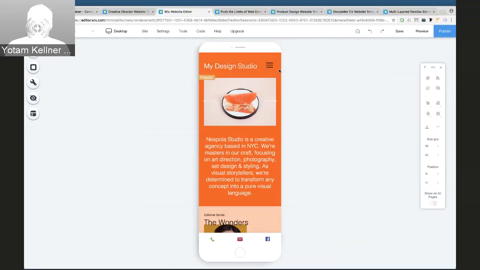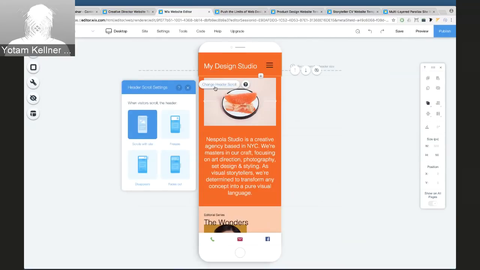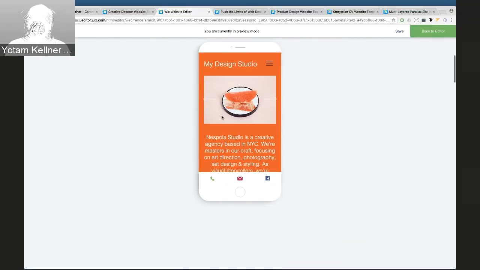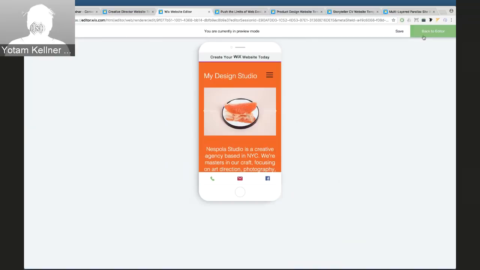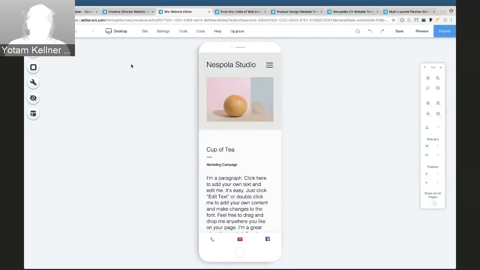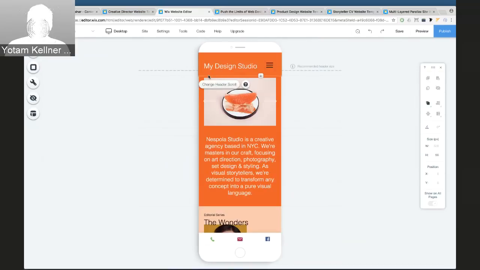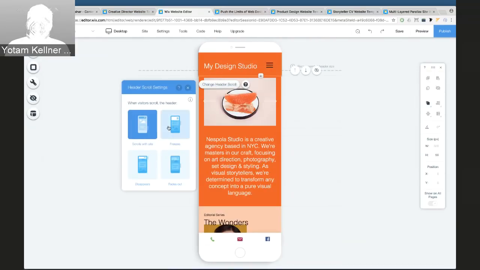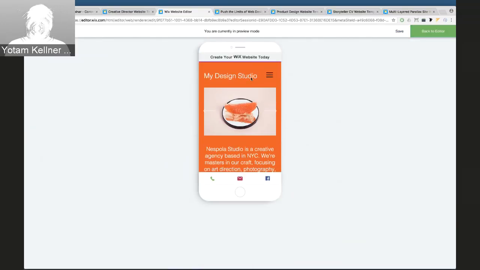So I'm clicking on the header, and I have this new button here, change header scroll, and I have 4 options. So by default, my header is scrolled with the site. So let's preview that. Just a regular one. When I go back to the header, I can choose the second one, which is freezes. Okay, it means that my header will always freeze with my